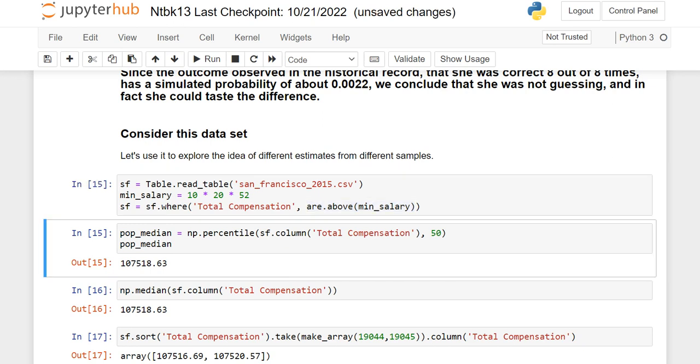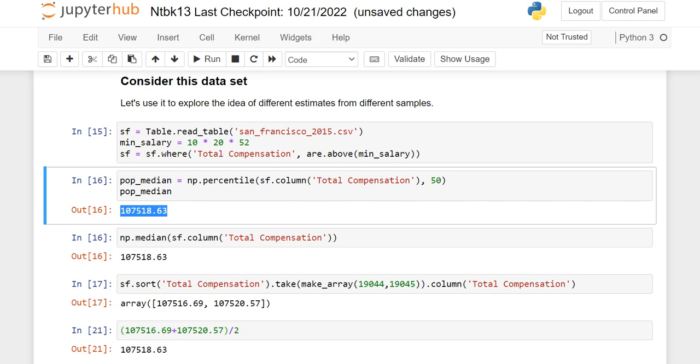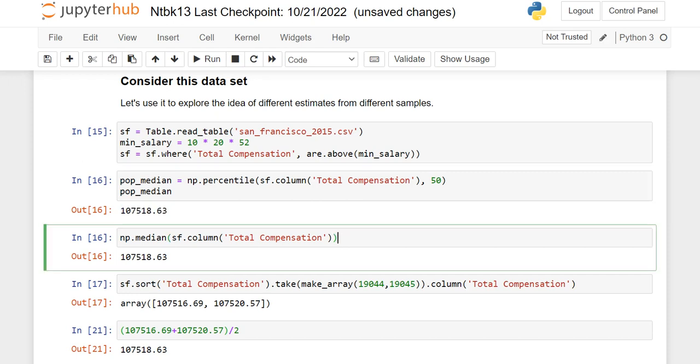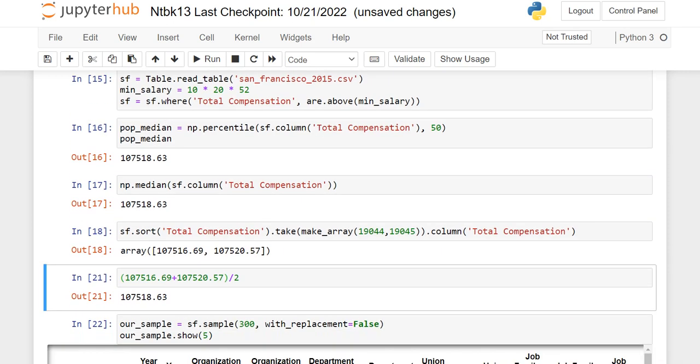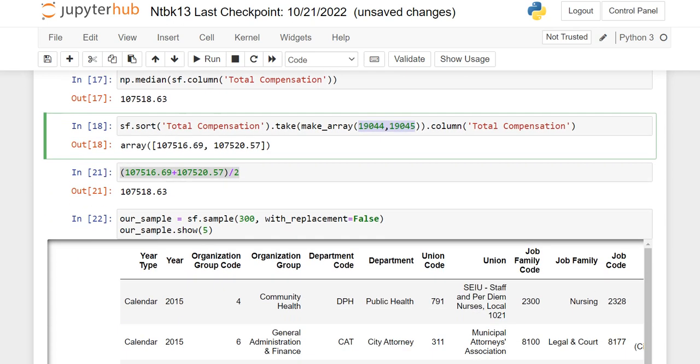And then we're going to calculate the median. Why? Well, this is the population median, and this is a huge table. Here we're doing it by hand. There happen to be an even number, so the median is the average of the middle two. And so we've taken some time to figure out what the middle two are. Okay, but this is the population median,